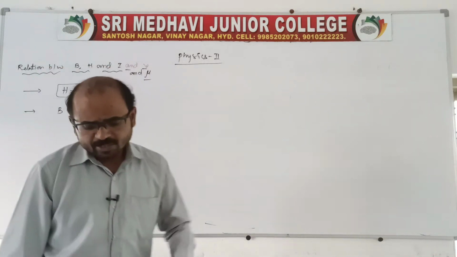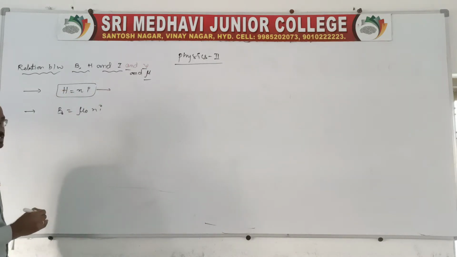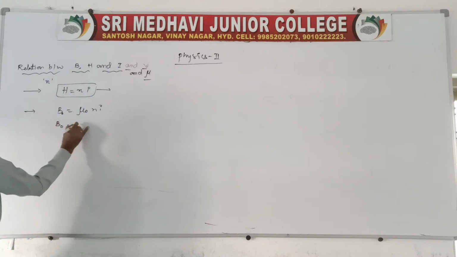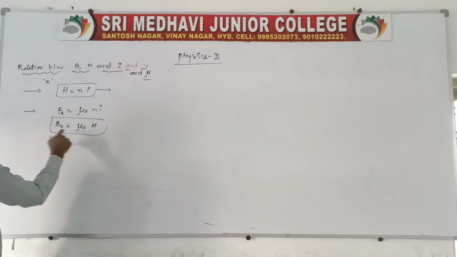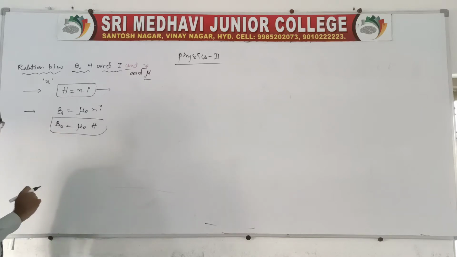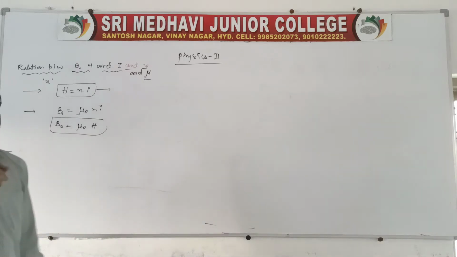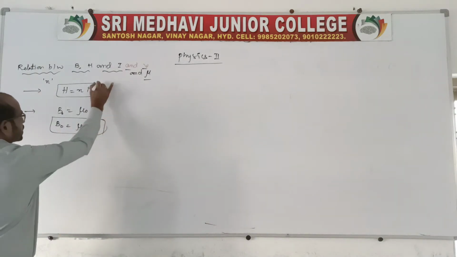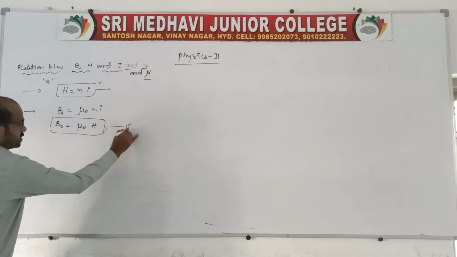So here we can say B naught is Ni, which is the intensity of magnetizing force, N into I. N is the number of turns it contains. So B naught is equal to mu naught into capital H, because capital H is the ratio of the magnetic induction field to the permeability. That is capital H. In the last class I told you this statement, right? So it is a solenoid relation: H is equal to Ni, and B naught is equal to mu naught into H. We can call this equation 1.